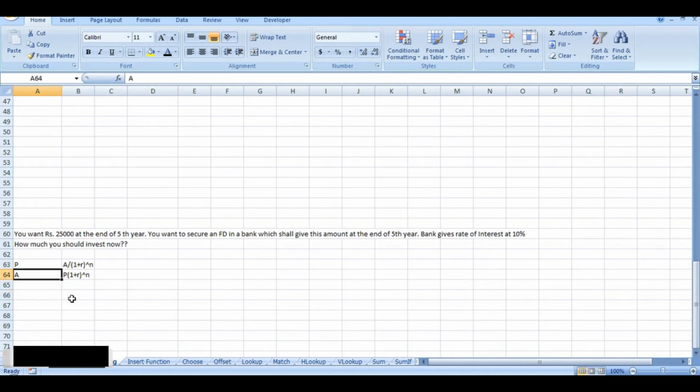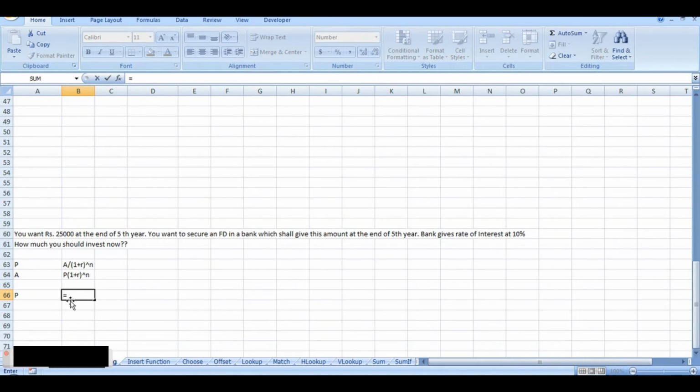We get P, that is principal, as equal to A, that is the amount at the end of the period that you are going to get, R, rate of interest, that is given as 10%, and N, that is number of years. So we'll try to calculate P here. First put the Excel into calculation mode.